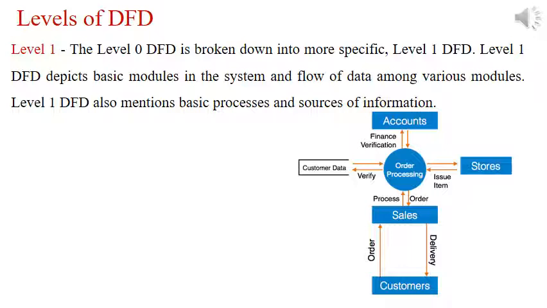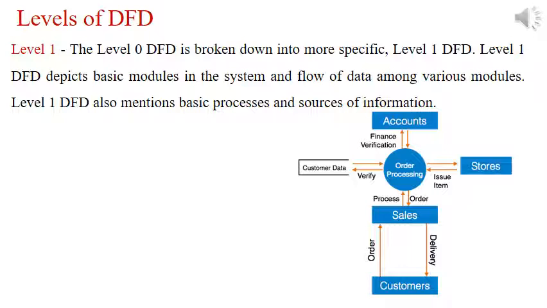So a customer is always ordering anything. So this ordering system is used, or it means the customer is directly associated with sales, and sales is associated with the ordering process. It means some information is stored somewhere and customer data is also stored on the other side. So the ordering process is related to accounts. So once financial verification is done, then the order is confirmed.